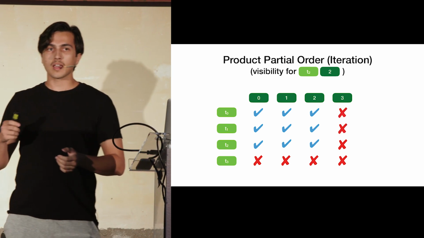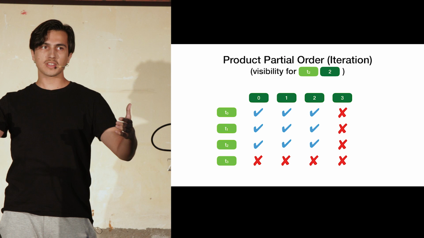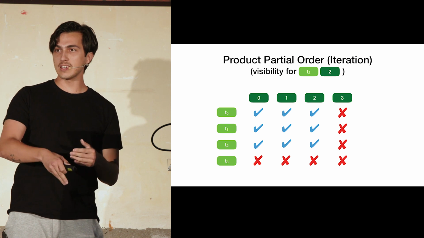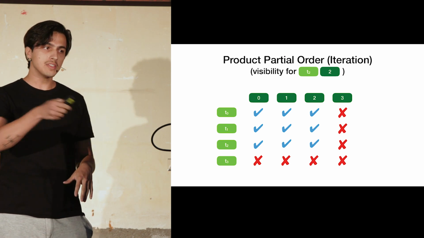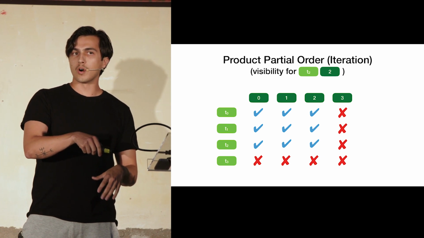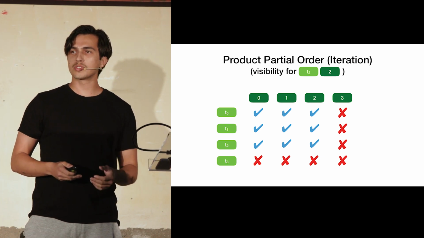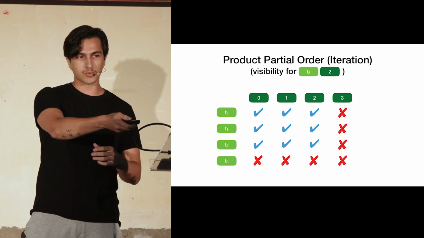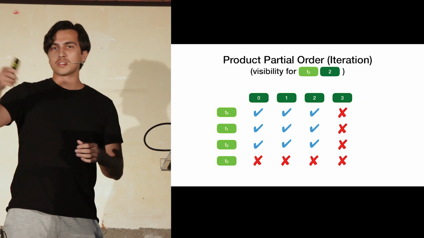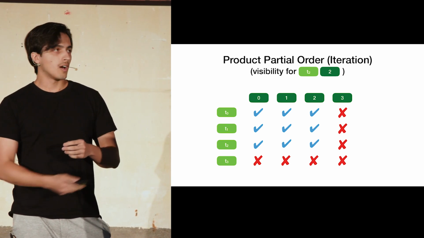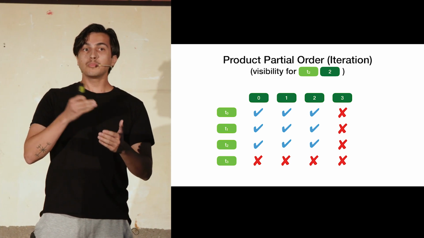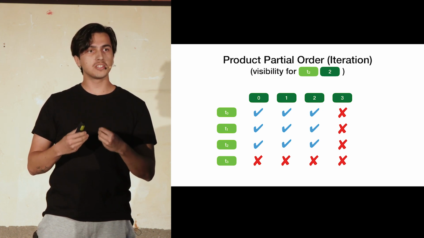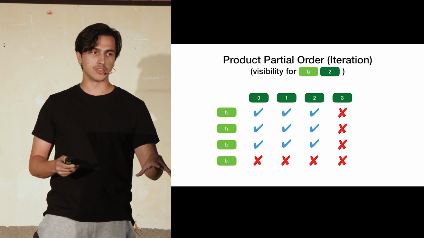With iteration, things get more complex because, as I explained, while one transaction is iteratively exploring the graph, we have to be careful that subsequent transactions cannot yet see this fluctuating state of the graph. So in this case, we have to restrict the visibility of each transaction. To do that, we use something called a product partial order that gives us a table that looks like this one. Here, as you can see, for the second iteration of transaction 2, we can only see up to the second iteration of any previous transactions, so that we can make sure that we only see committed data from all of the previous transactions.